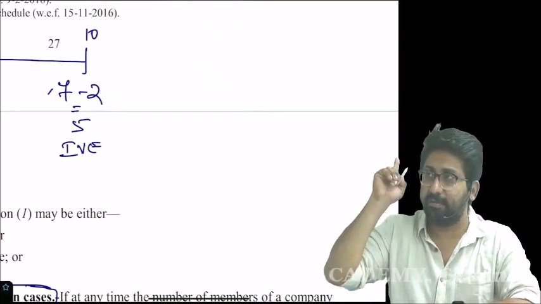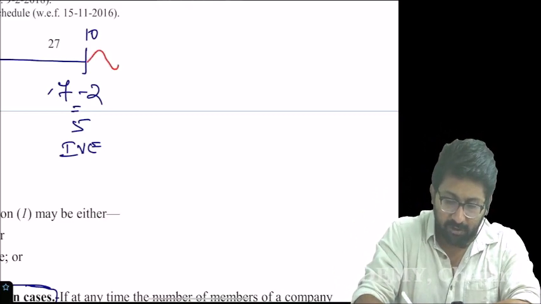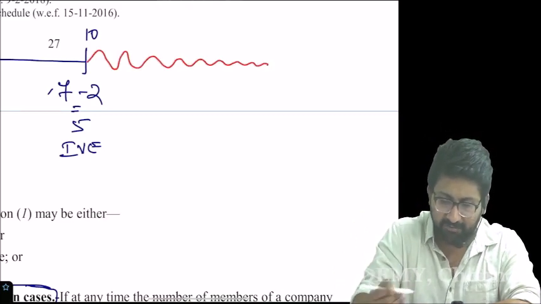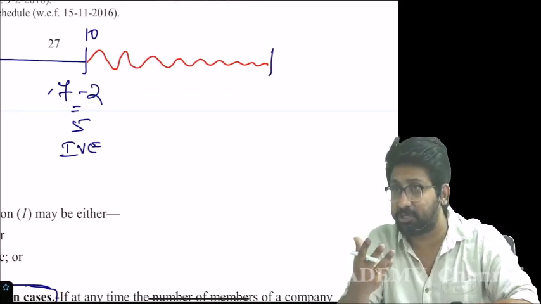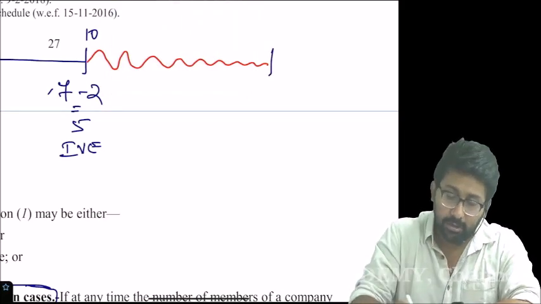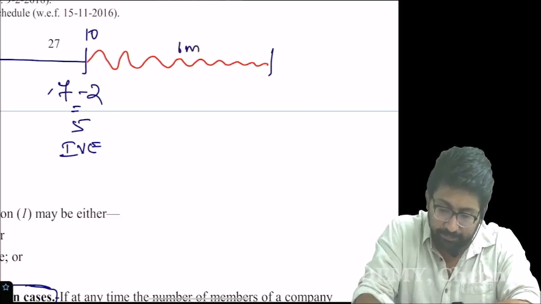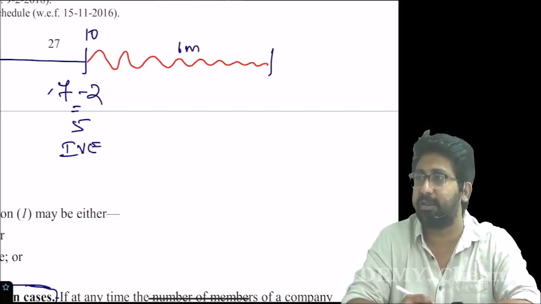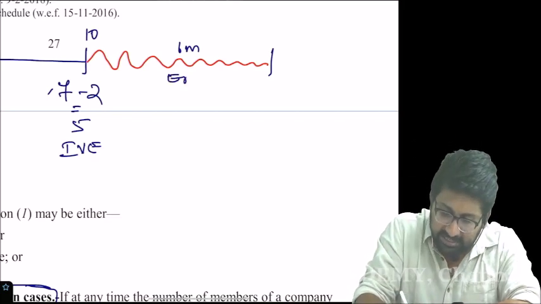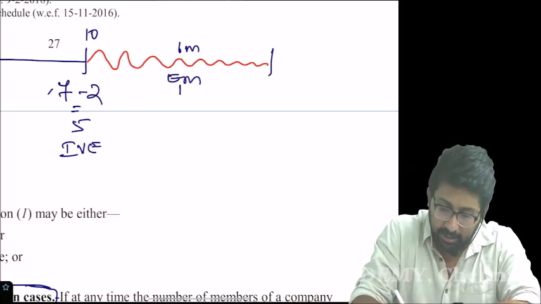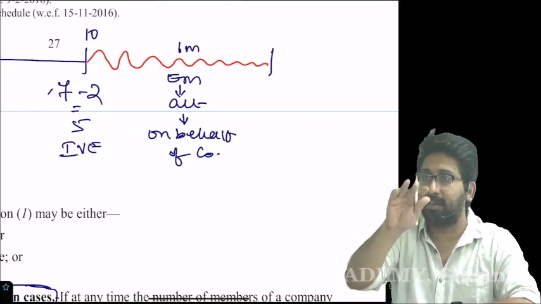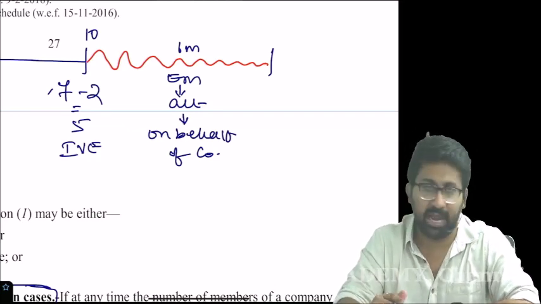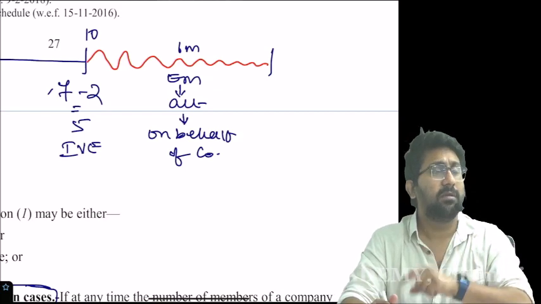Please see the screen, everyone. For this intermittent period of how many months? 6 months, they have granted an exception. They said that during this 6 months time, the existing members can act on behalf of the company. I mean that invalid entity. You can act, no problem. For how many months? 6 months.